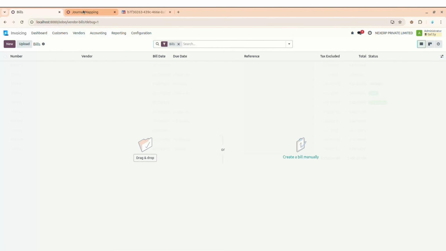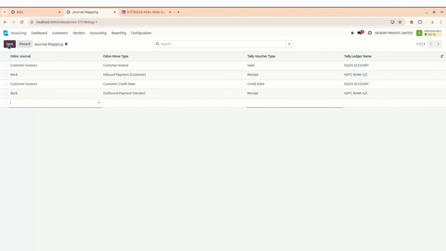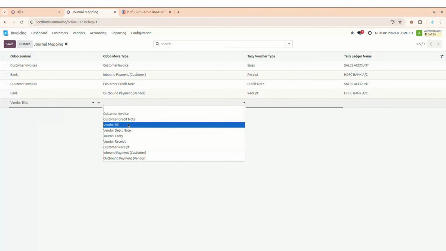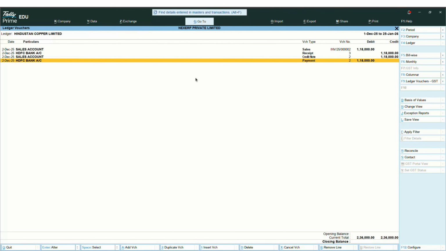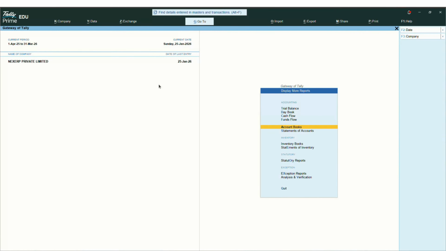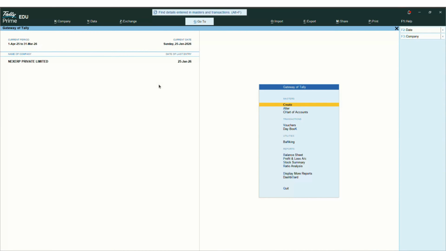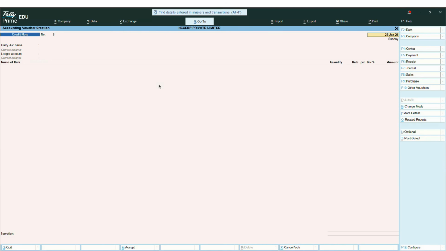Now let's go for the vendor bill, and we need to do the mapping for the vendor bill as well. Now we have the vendor bill. We have here also a vendor bill. We create a purchase one, and what exactly happens when we create a purchase one? Let's go and check. So here in Tally, we have multiple types of voucher which we can create. For the purchase we create,